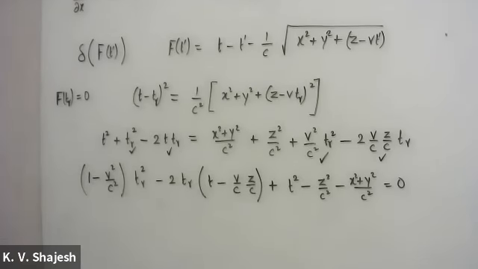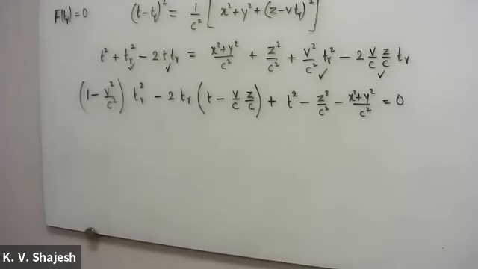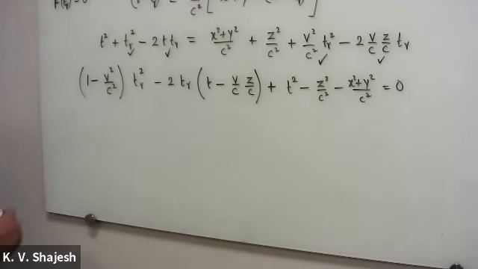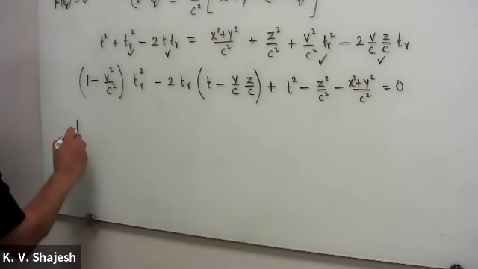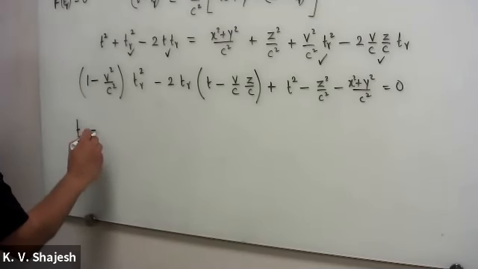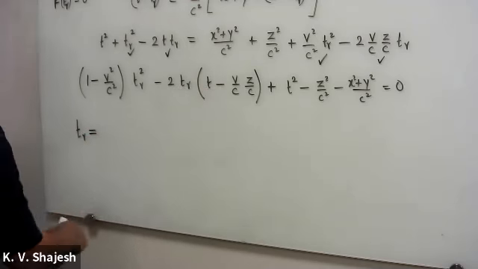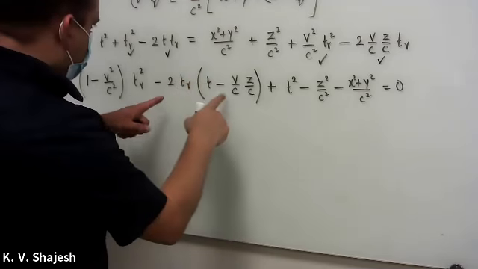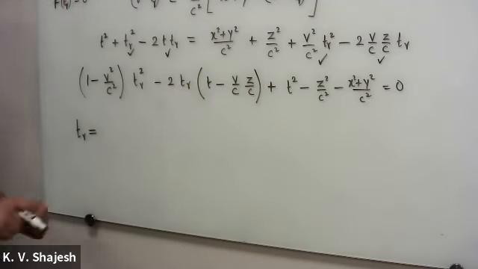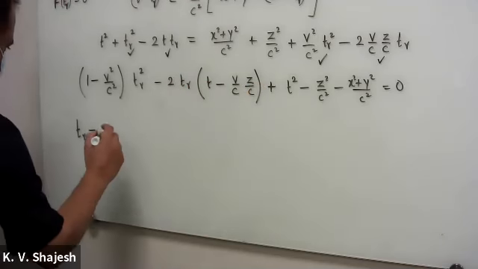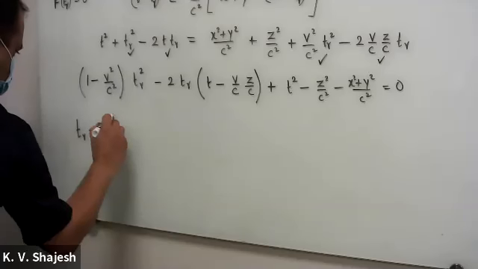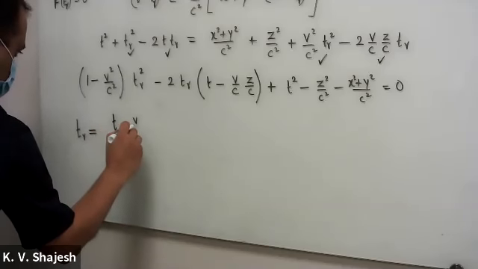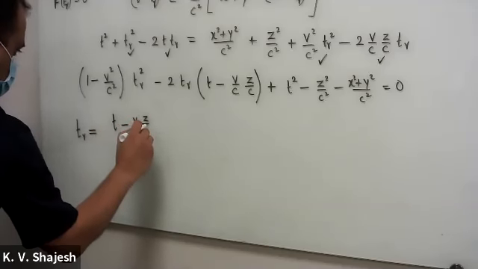The solution for this is t of r is equal to negative of this quantity. There's a factor of 2 there, so whenever I write this, the factor of 2 in that quadratic equation all cancels out. So that's t minus v over c, z over c,